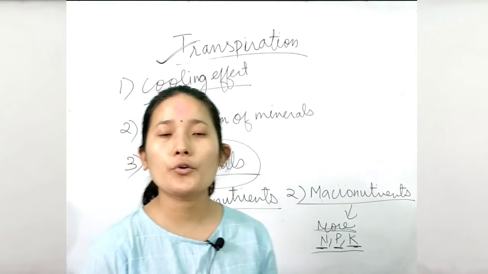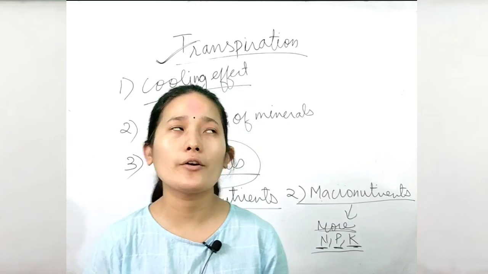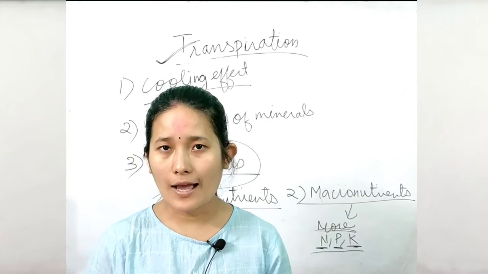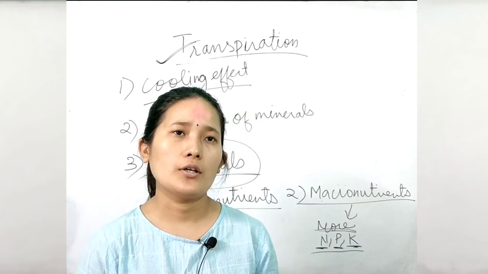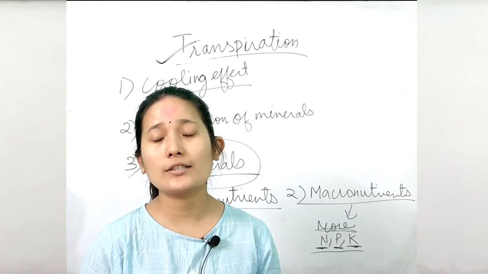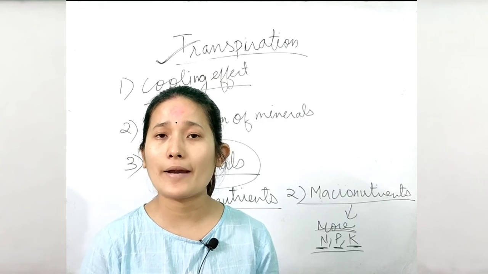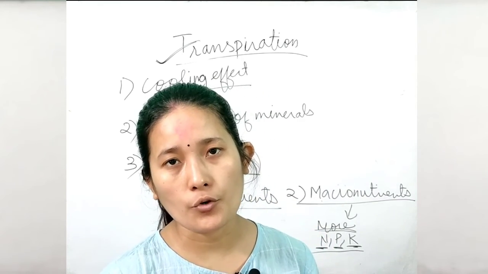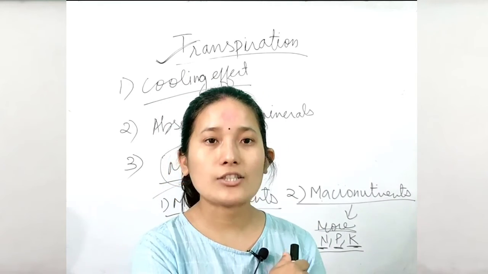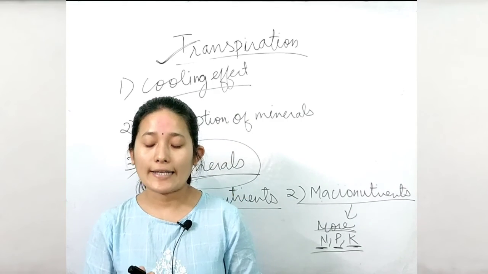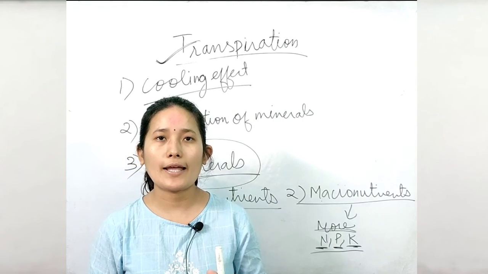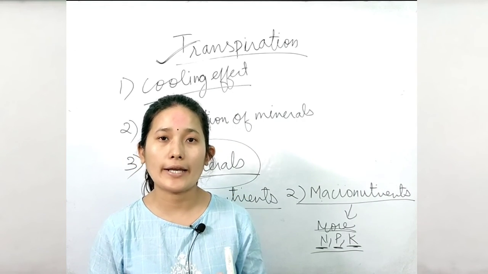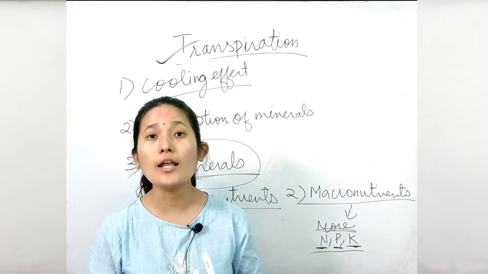In your book you can go through the role of the different minerals in plants, and what will happen if certain minerals are deficient, and what different diseases it might lead to. You can go through the content in your book for it. So that's all for this chapter. In the next virtual class, whenever I take it, we will again discuss the same chapter in brief.